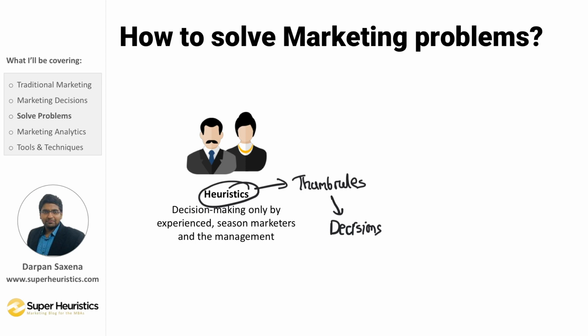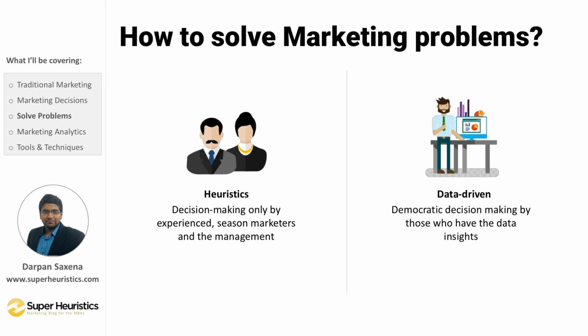However, there is another way, which is the new age way, and in this way you completely democratize all of your decisions, which can only happen when everyone in the organization has access to something which is gold, which is data. If you are an organization which makes its decisions based on data, then almost anyone in your organization can be smart enough to know what exactly he or she has to do. For example, if you hire a young intern, even he would know where he should spend and how much he should spend, say, on Facebook ads.